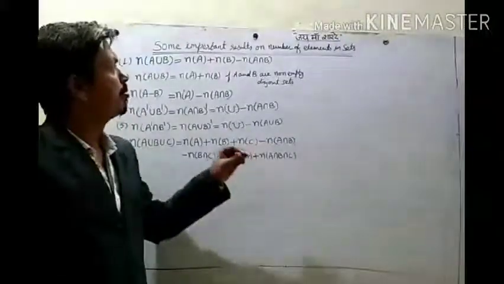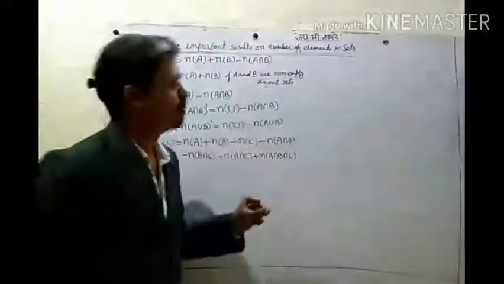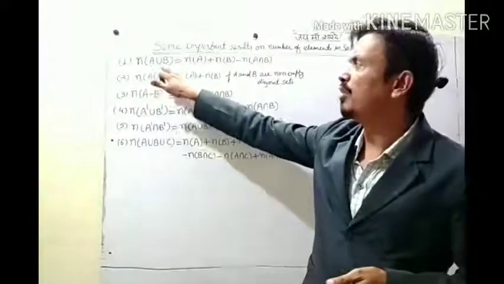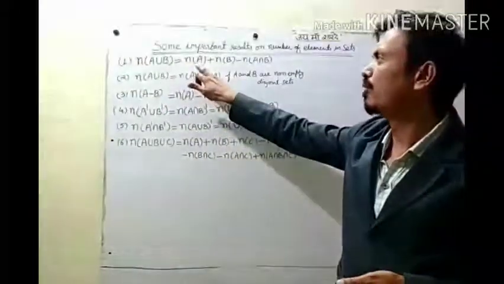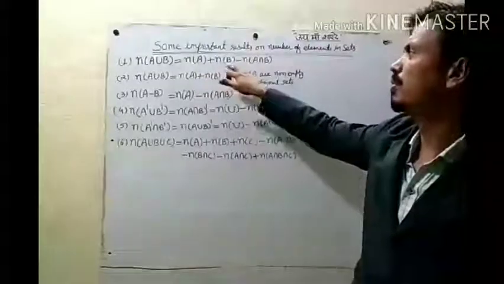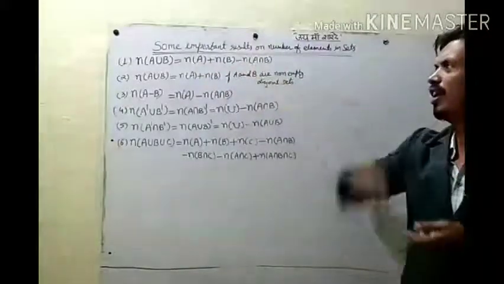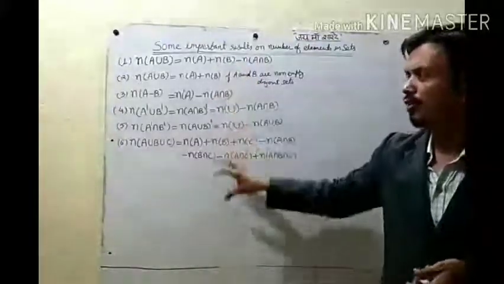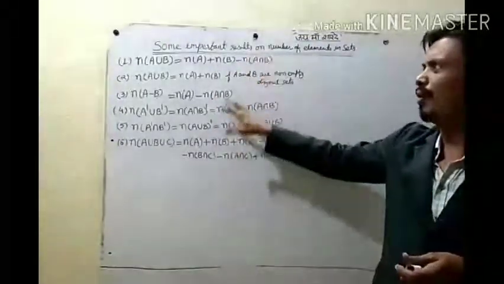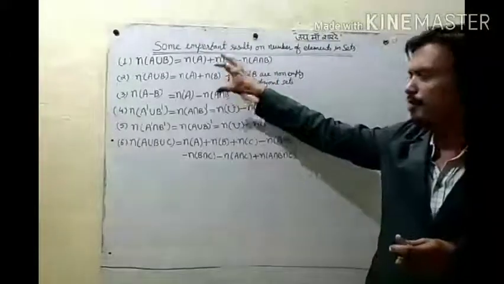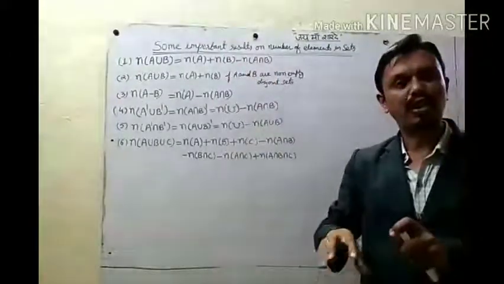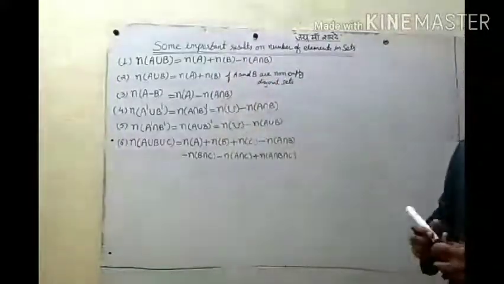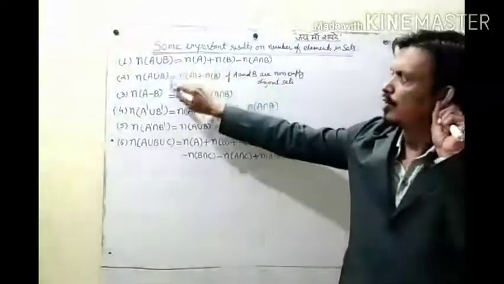Now beta, we have some important results on the number of elements. If there are two sets, the number of elements in A union B is the same as the number of elements in A plus the number of elements in B minus the number of elements in A intersection B. These are some formulae which are very useful. Many times you will use this formula, and it is not only useful for this chapter, in probability also we will use this formula. Okay? So if you want to prove this formula,